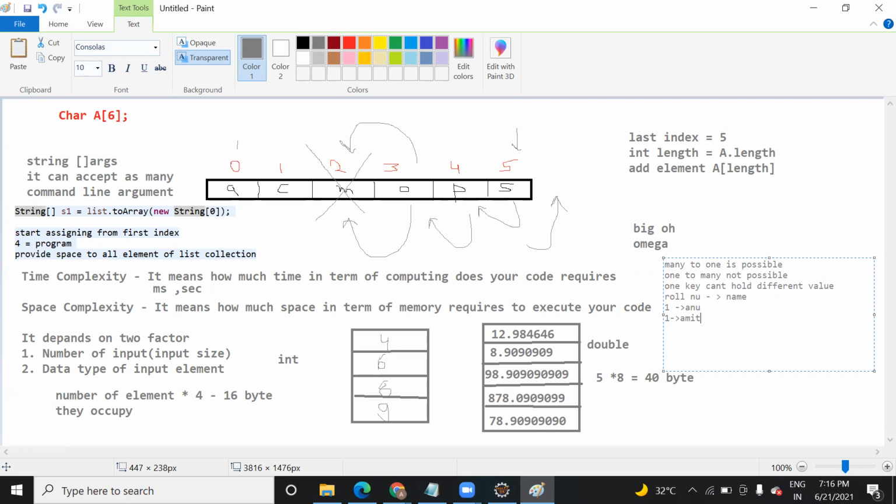HashMap is like a key value pair where data is in the form of key and value. Key is what? Your left hand side. Value is what? Your right hand side. It means key is identifying your data. Roll number, does roll number identify you?